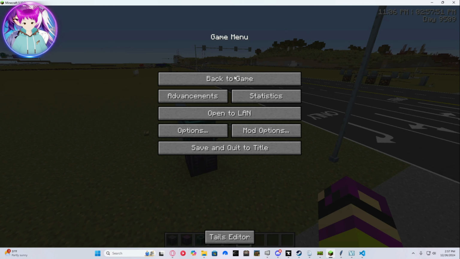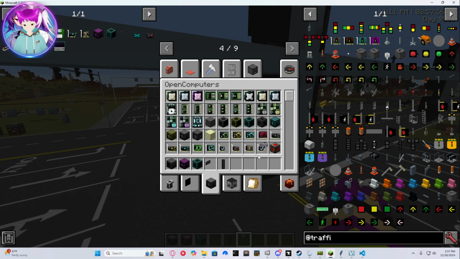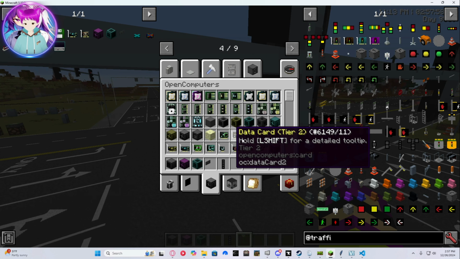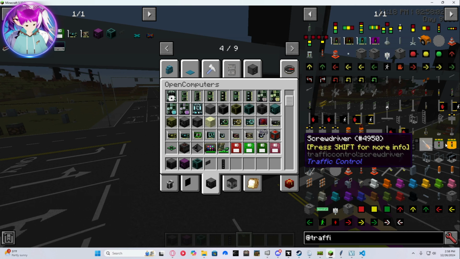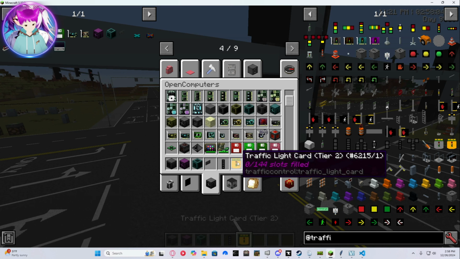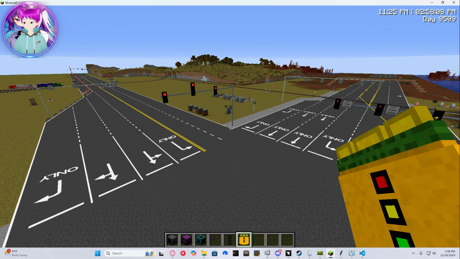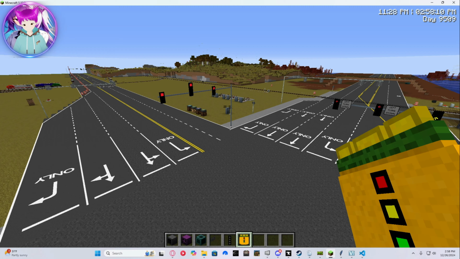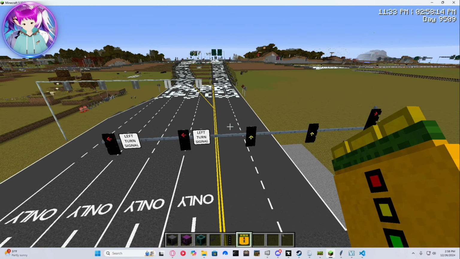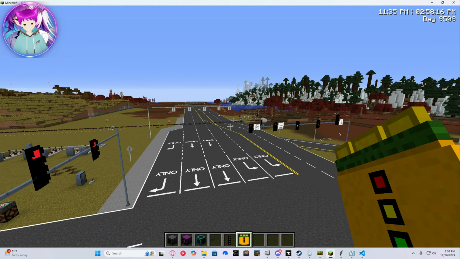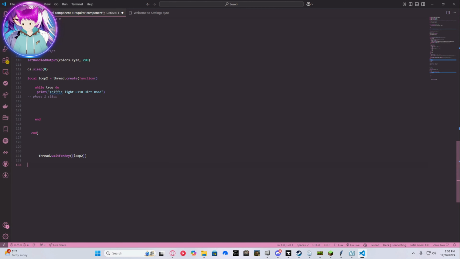But we're going to take our link card, because we're going to need one of these. I'm going to do a tier 2 because I know I'm going to need more than 16 for this light, but yours may vary based on how many frames you have. Okay, so we have this set and this set. These two are easy because they can go together. So what we could do